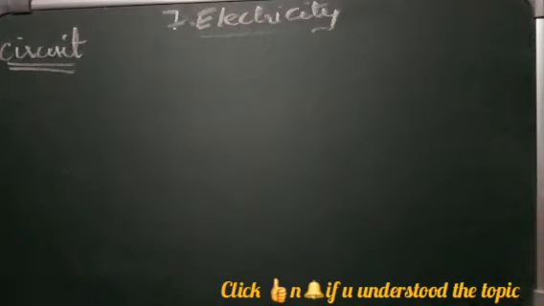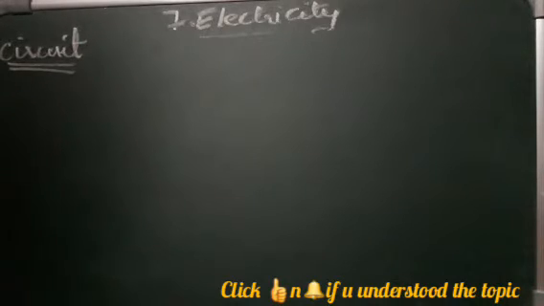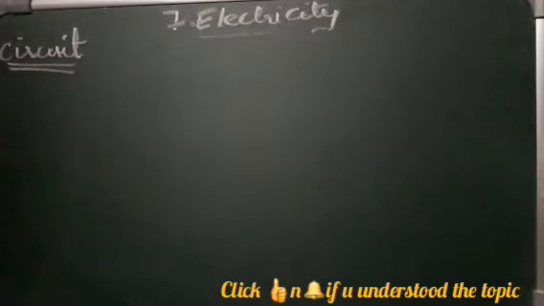Some common electric components can be represented by certain symbols, as we have already learned in our previous class. We have learned about the cell, the bulb, the switch on and switch off, bulb on and bulb off. We have learned about the batteries, and we have learned about the fuse. So in the previous class we have learned all about this, right? So let us now use all this and make a circuit.